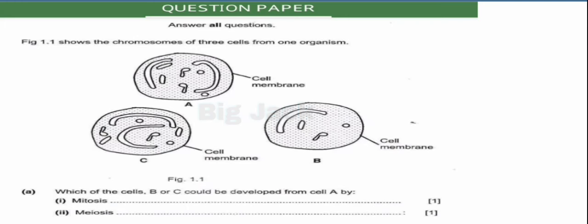So this question is coming from genetics, and it is saying figure 1.1 shows the chromosomes of 3 cells from one organism. So we have cell A, B and C, and also the structure, which is the cell membrane. Question A: which of the cells, B or C, could be developed from cell A by Roman number 1, mitosis, Roman number 2, meiosis? So to answer this question, the first thing we need to understand is what mitosis is and